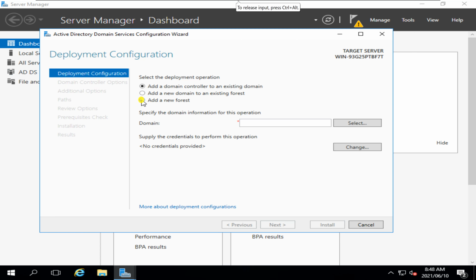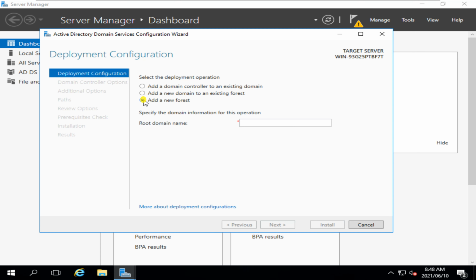we're gonna click on add new forest. Okay, so we're gonna click on add new forest, because if you check out those options, it says add a new domain controller to an existing domain. We don't have an existing domain. And then add a new domain to the existing forest, but we don't really have any forest. So we're gonna enter